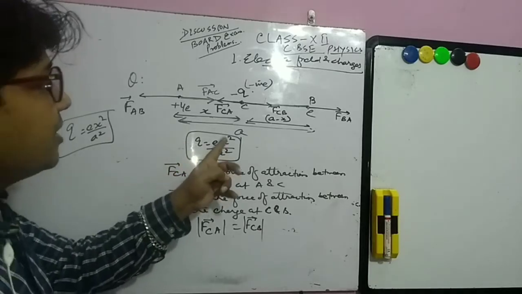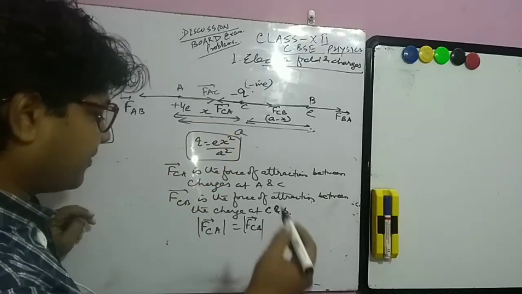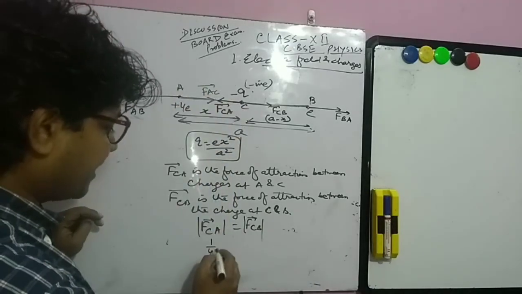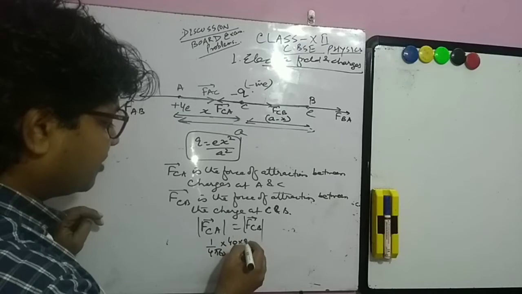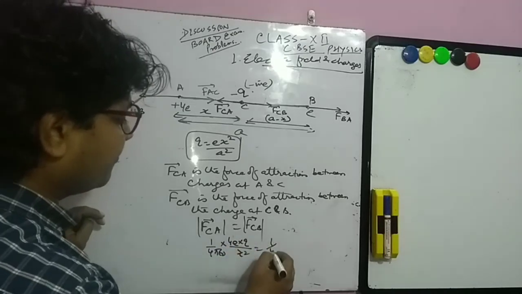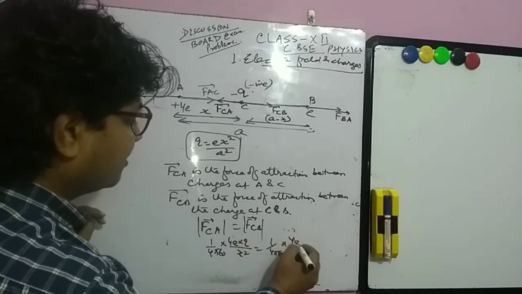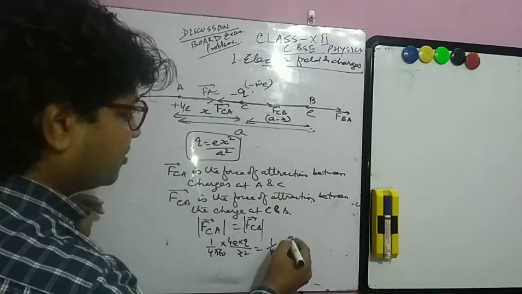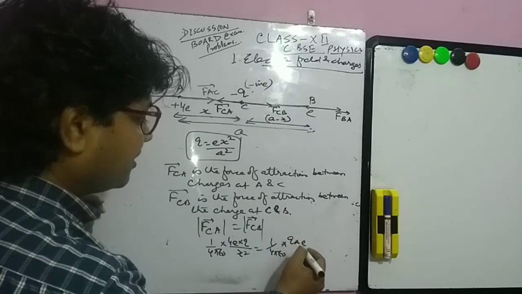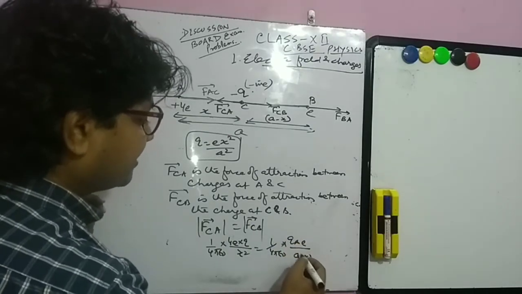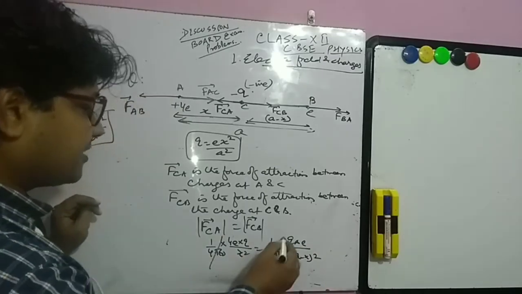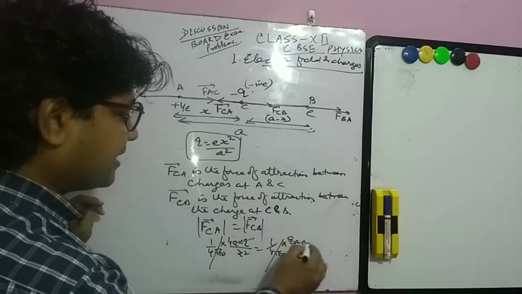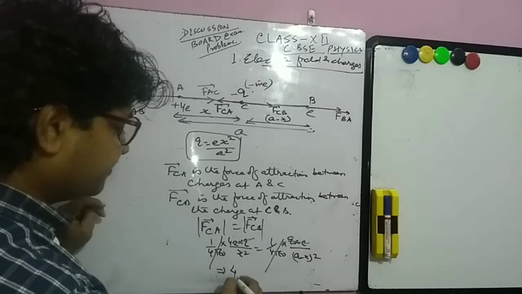because the charge we have calculated, now we have to calculate x only. What is the value of x? So FCA will be what? FCA is the force between these. So 1 upon 4 pi epsilon naught, 4EQ divided by x square is equal to 1 upon 4 pi epsilon naught, 4 into Q FCB. So this will be equal to E, Q into E divided by A minus x whole square. So this gets cancelled, 4 QE gets cancelled.